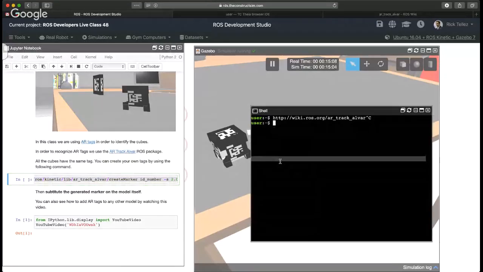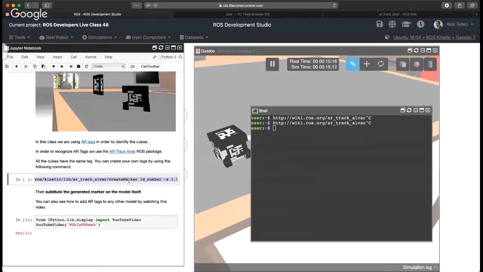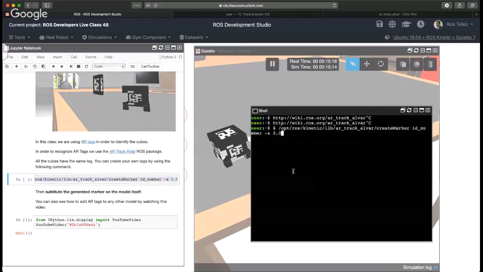Wait a second, I pressed the wrong keys because I'm on the Mac today. Yes, I have to remove the first dollar sign. Okay, so we got this command, and then if you launch it, then it's going to,